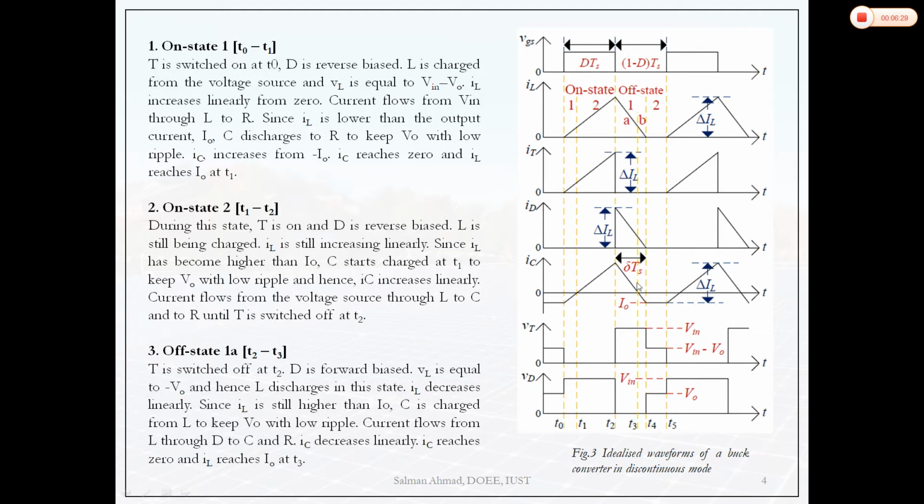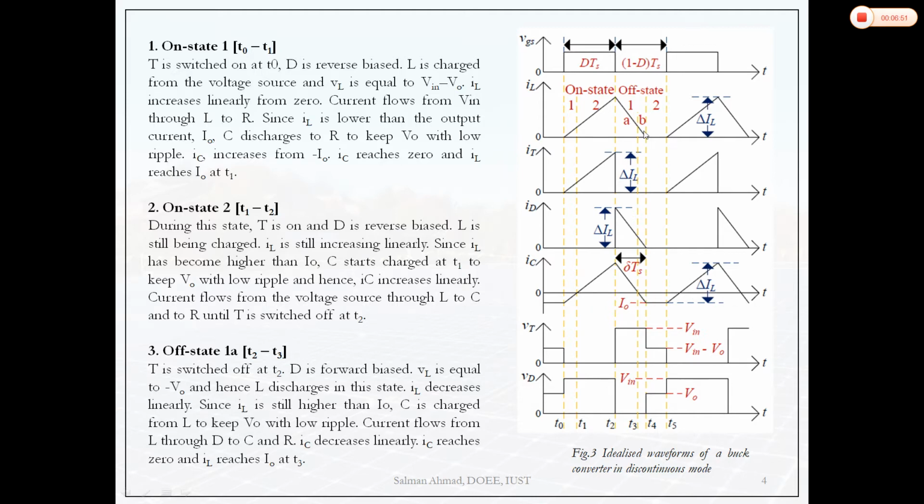Similarly we can draw for the IC value. If we take the I naught value somewhere at this point, this portion will come below the x-axis line, and this will be the x-axis line. I naught will be the x-axis line. You can see here this is the I naught value line.